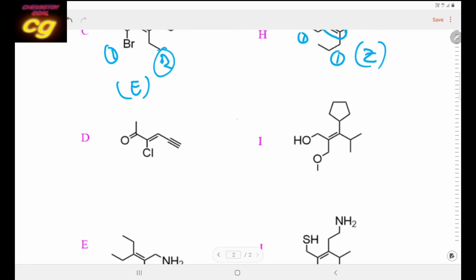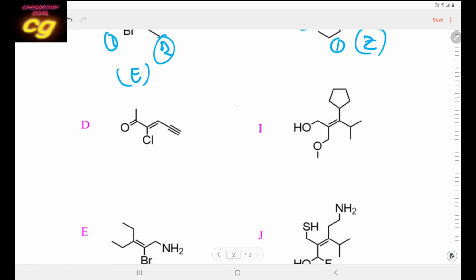Similarly also in this case you see here chlorine attached and carbon attached, so it will be 1, it will be 2, and here hydrogen is not shown, so it is carbon, so it will be 1, it will be 2. So 1 1 2 2 same side, that is Z.